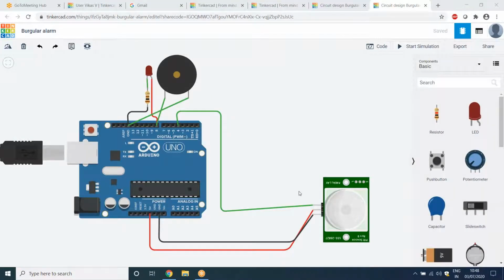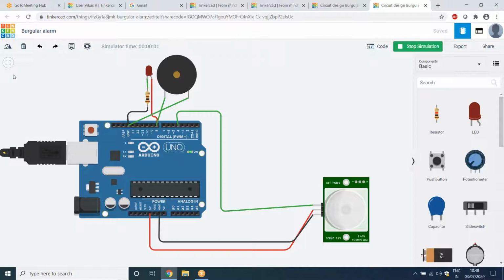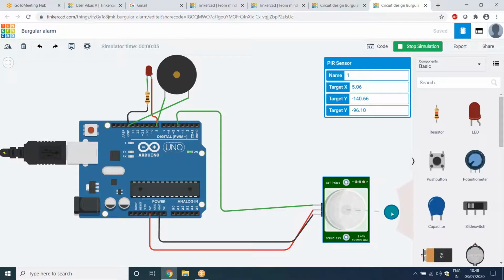Okay. Start simulating. And try moving in front of the PIR. Sound has to come.